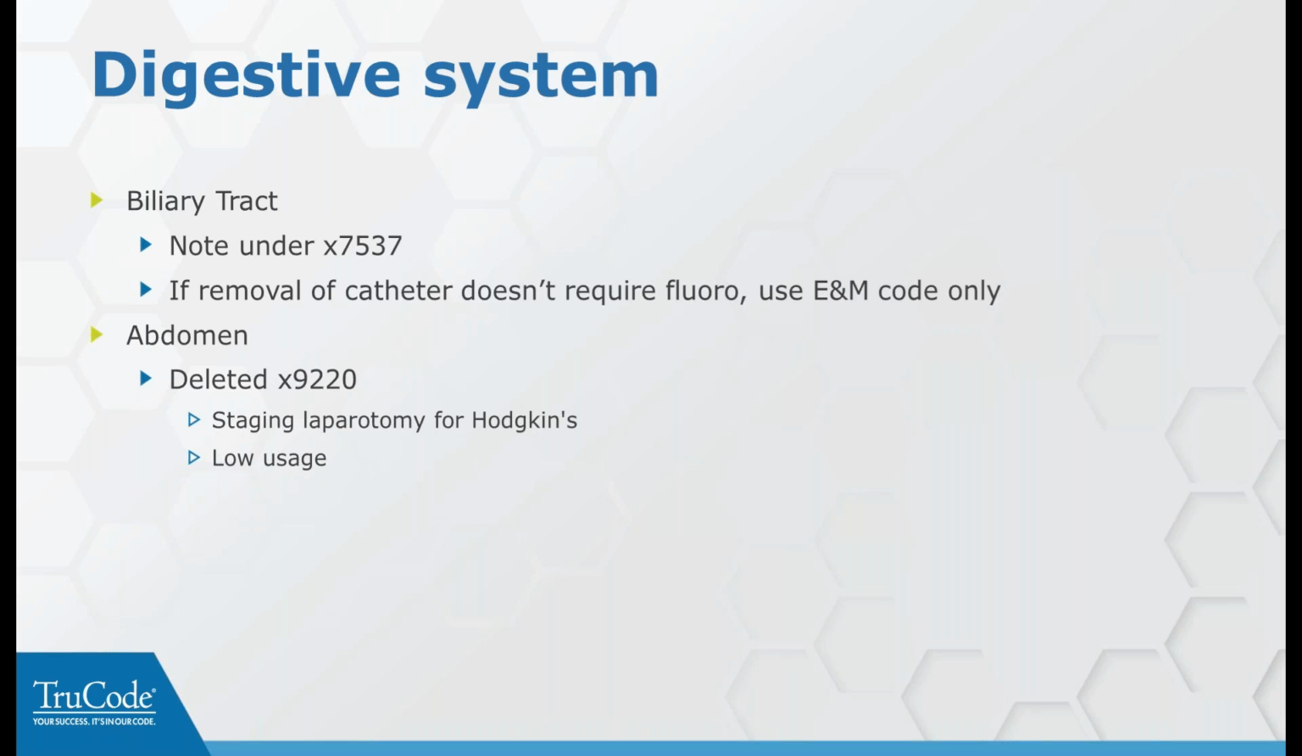So now we're going over to the digestive system, which has a side stripe on the page this year of a pretty deep purple color for our 40,000 level codes. Just a couple of things here. One note under code